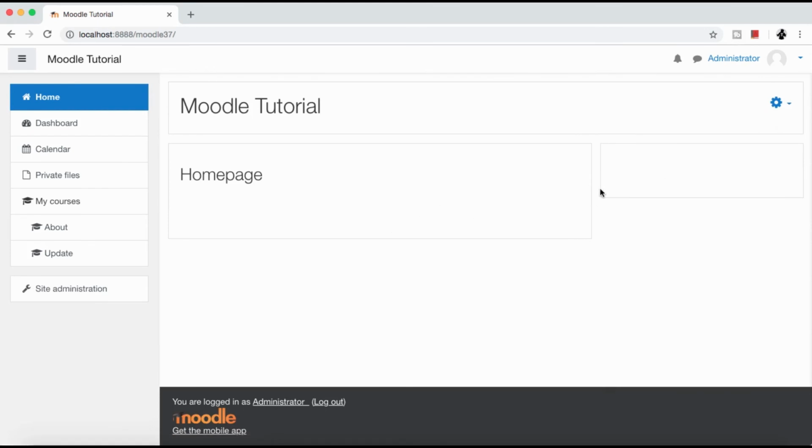So this was how to change the theme. Now in the next video we will see how to download the theme and how to use the new theme from